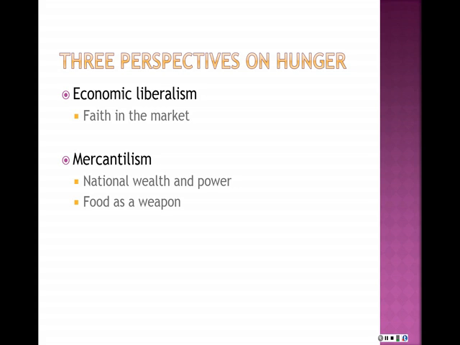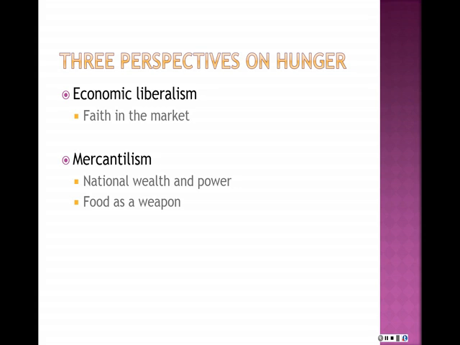It can also be a weapon, as in the U.S.-USSR trade negotiations of the 1970s. Even during the height of the Cold War, Russia was suffering because they didn't have enough wheat products. So the United States actually was able to provide wheat to the Soviet Union. Food aid can also be used to encourage expansion of other domestic firms abroad, and this is a very mercantilist